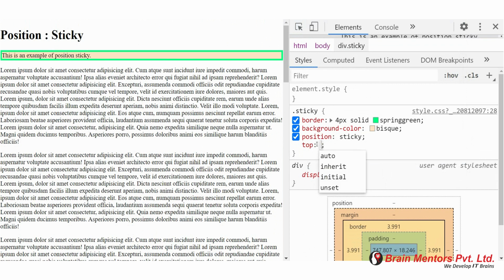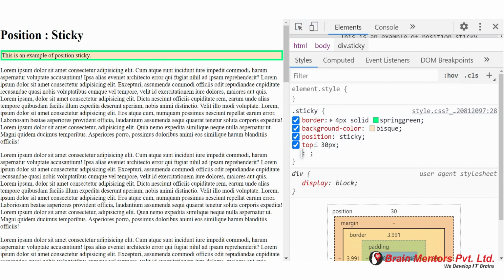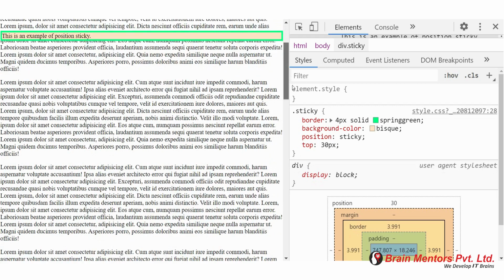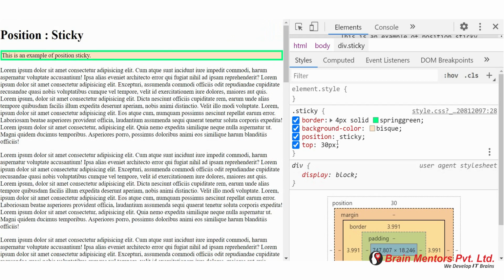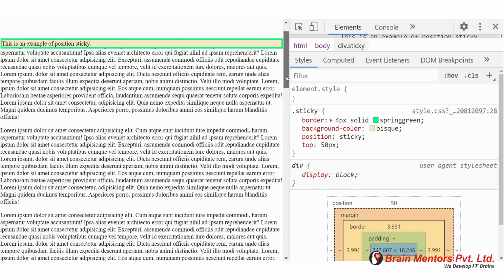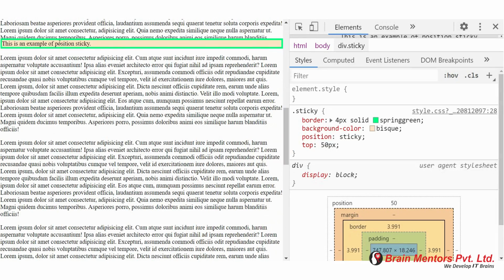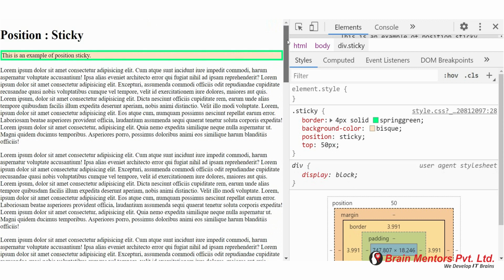But if you specify a position property like top with some value, then this green highlighted div element is sticky, which means it sticks based on the user's scroll position. Basically it is sticky as per the position property like top, bottom, left, right that we applied on any tag or element of an HTML.